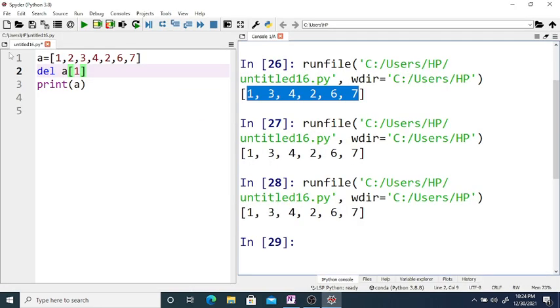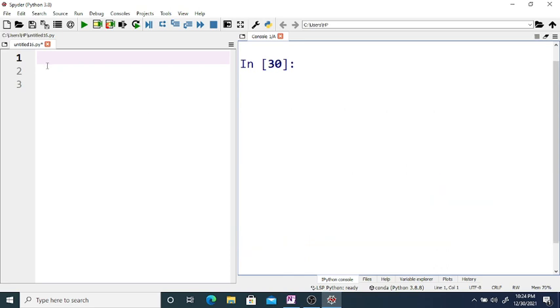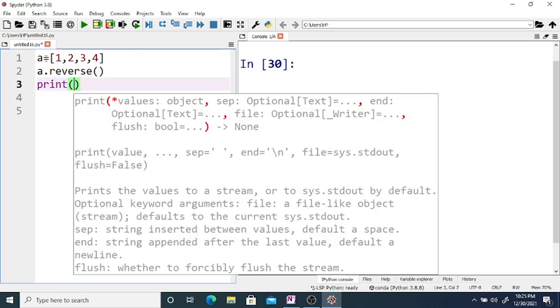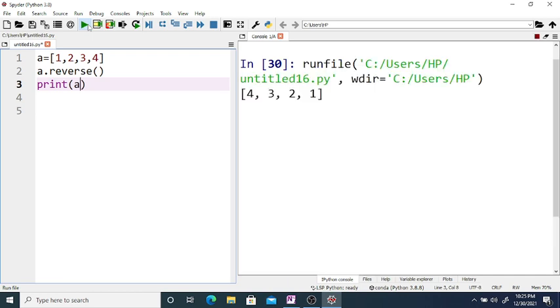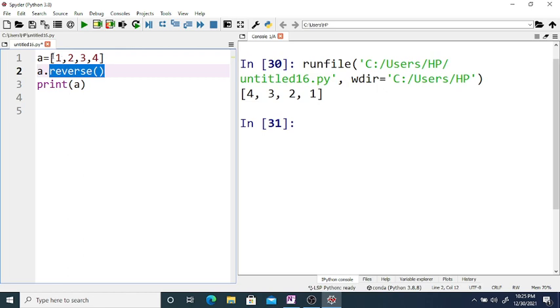For example, we clear the previous output, a is equal to 1 2 3 and 4, and if you use a dot reverse and print a, you can see our original list was 1 2 3 4, but with the reverse keyword this list gets reversed, and so a is 4 3 2 1.